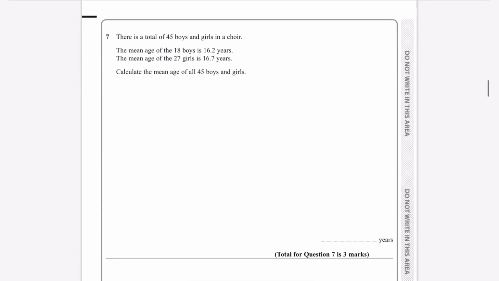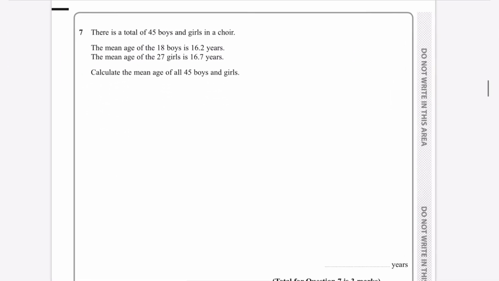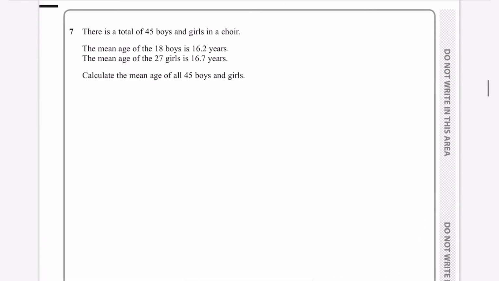Okay, question 7. It says there is a total of 45 boys and girls in a choir. The mean age of the 18 boys is 16.2, and the mean age of the 27 girls is 16.7. Calculate the mean age of all 45 boys and girls. So we've got 18 boys,